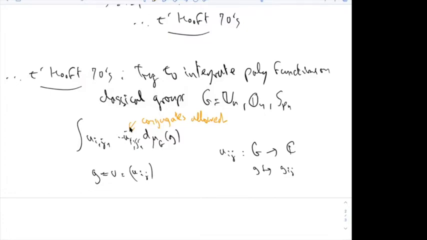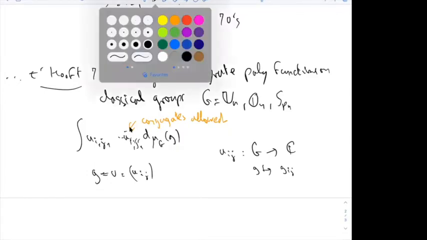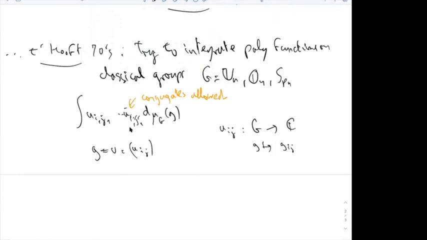The Stone-Weierstrass theorem really speaks about some real algebra. So we really need to introduce the conjugates as well for the statement about separation to make sense. So actually, this was initiated by 't Hooft, but very soon,